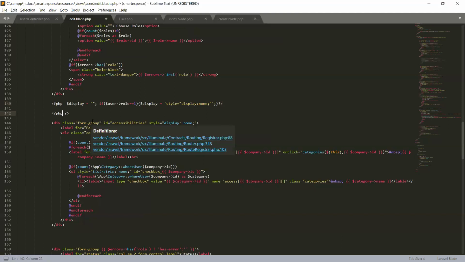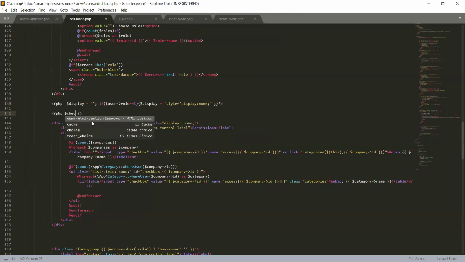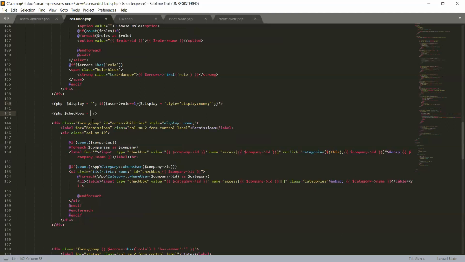And if the case is a user member, we will create another variable checkbox. Checkbox is equal to the string checkbox. For manager, it will be a checkbox. Okay, close this statement.